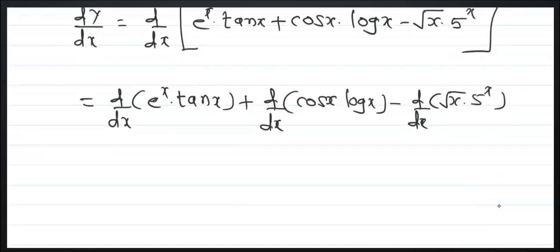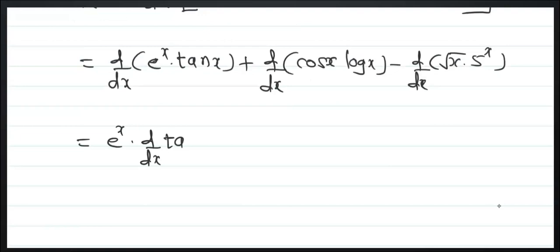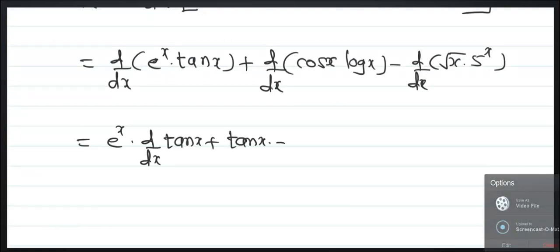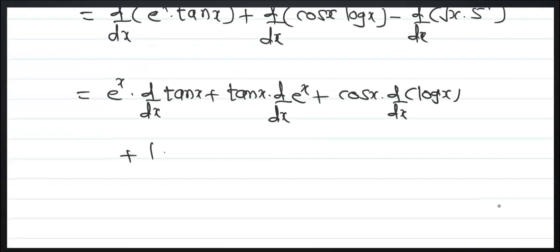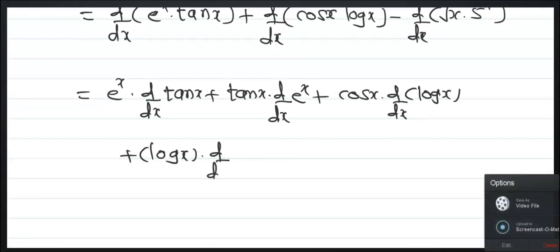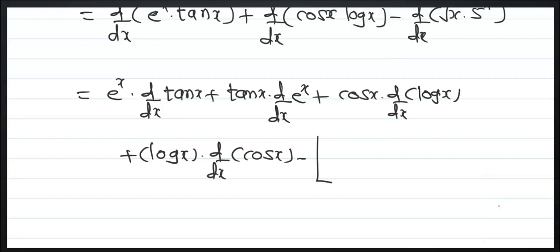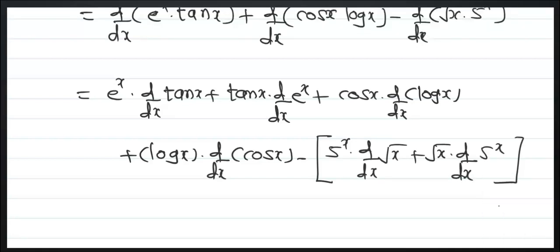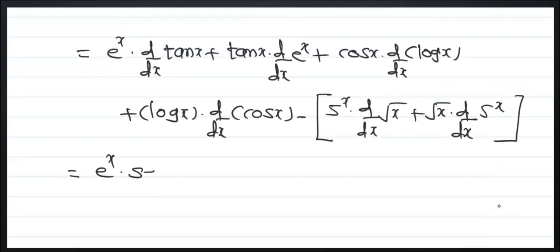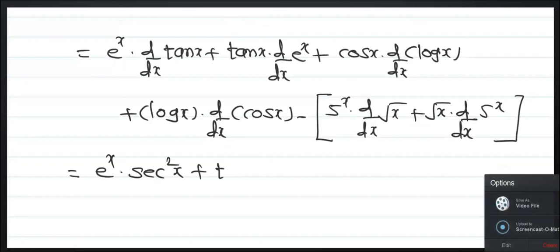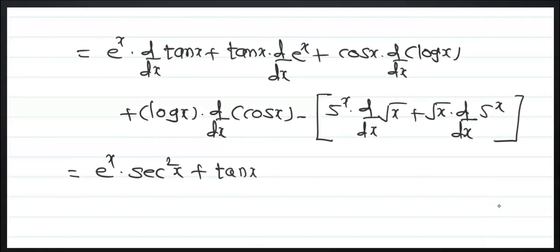Now simple here, we'll apply the product rule. e raised to x into derivative of tan of x plus tan of x as it is, derivative of e raised to x, plus cos of x into derivative of log of x plus log of x into derivative of cos of x, minus in square bracket, root x into derivative of 5 raised to x plus 5 raised to x into derivative of root x. In this way you will get e raised to x into the derivative of tan x, tan x into the derivative of e raised to x is e raised to x,